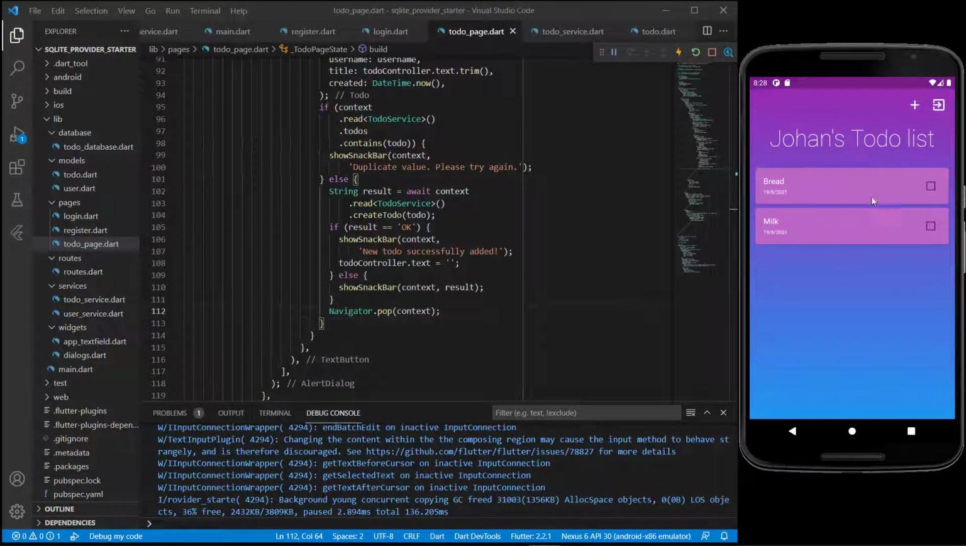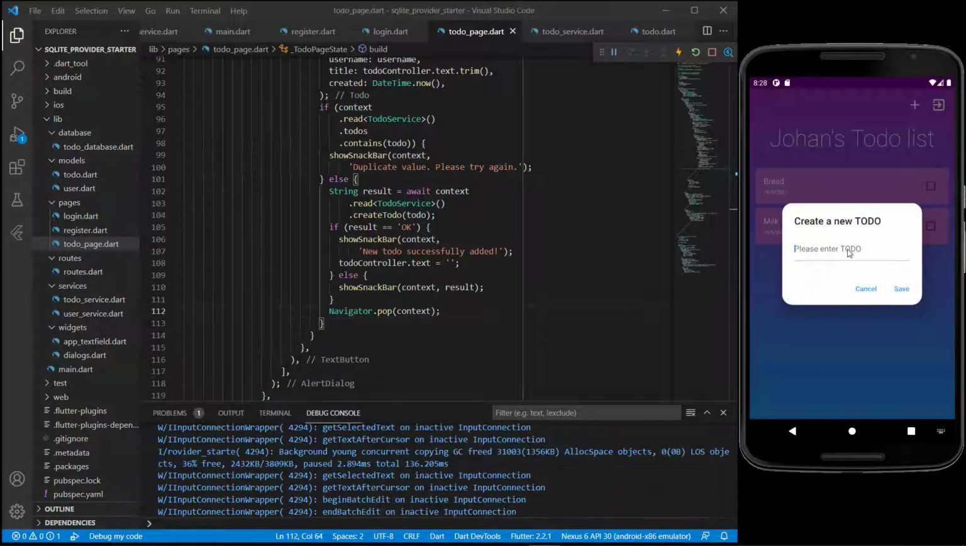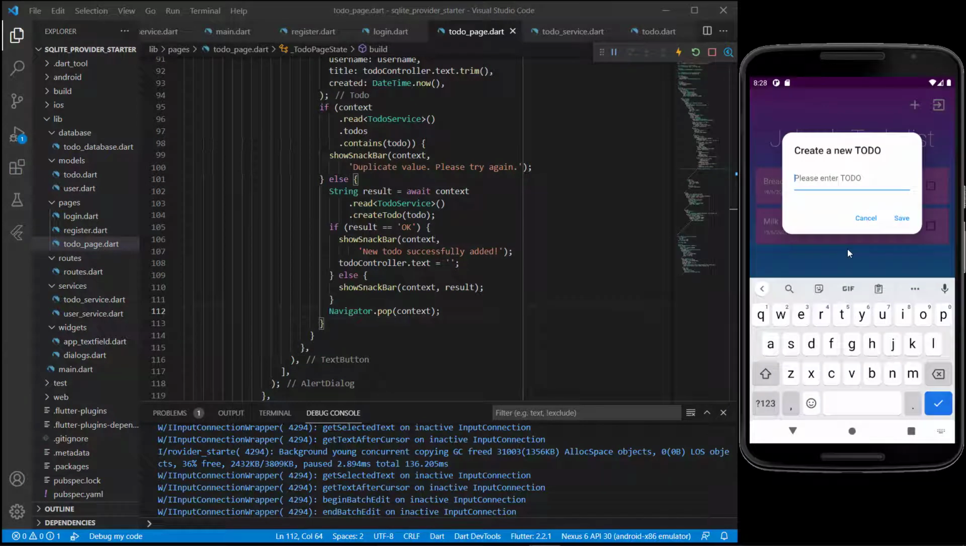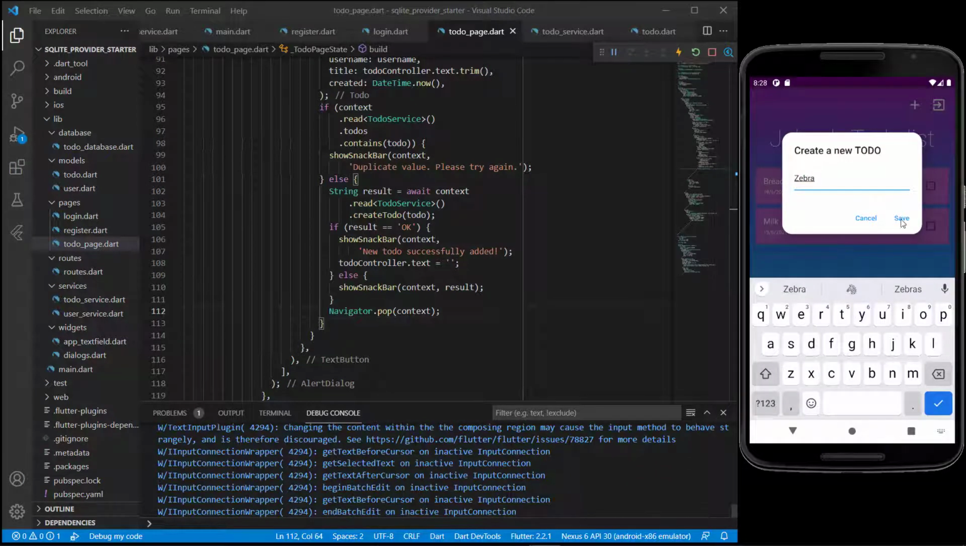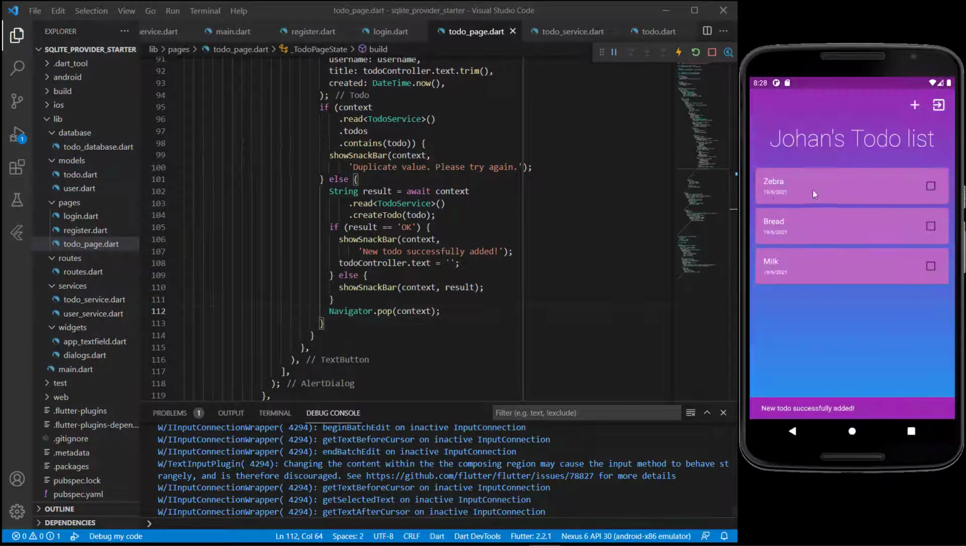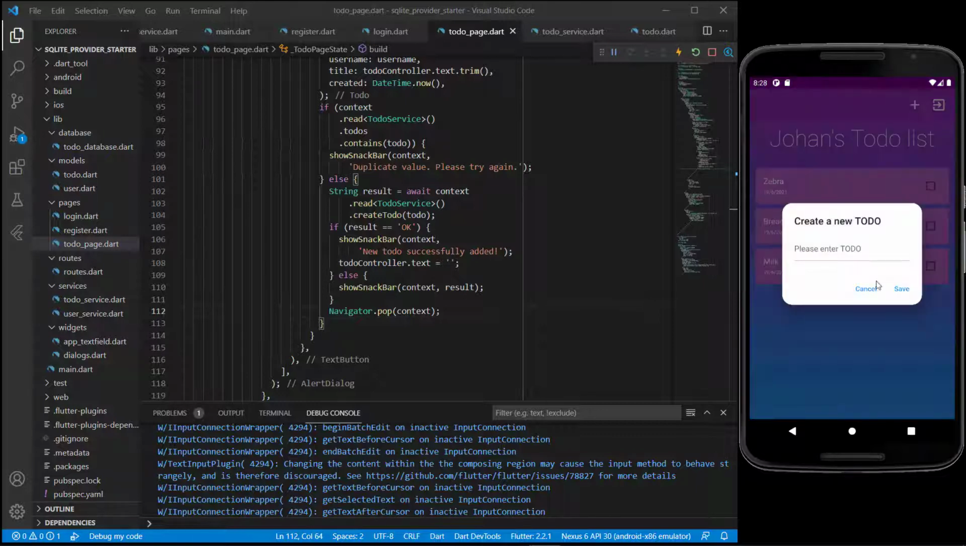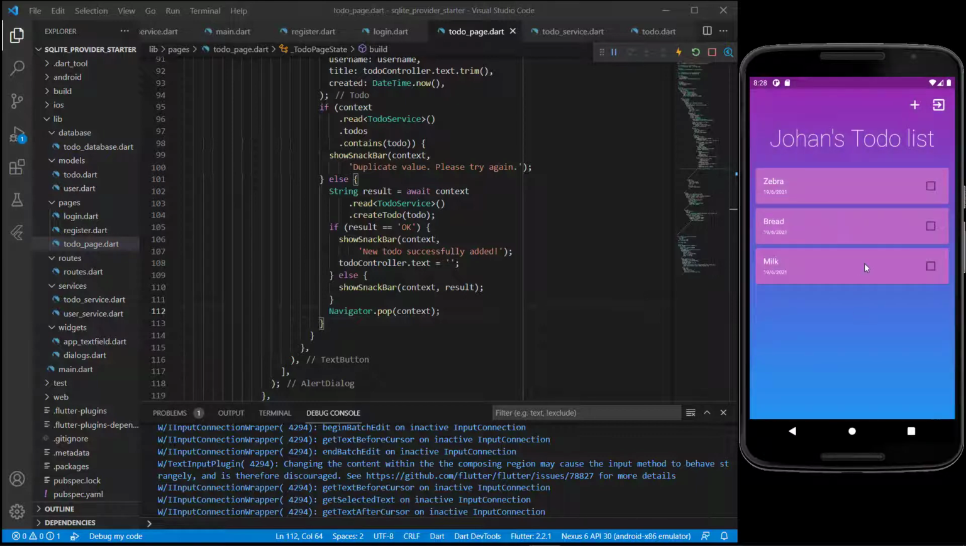Okay, and you can see it's not sorted alphabetically, it's sorted in the way that you're actually adding it. Okay, so let's put a zebra there and save it, and you can see zebra is at the top. So it's not sorting by title, it's sorting by the date. Okay, and now we just need to do this part there also, so that we can actually also delete it. So we've got all the items that are added to the list now, and that seems as if it's working